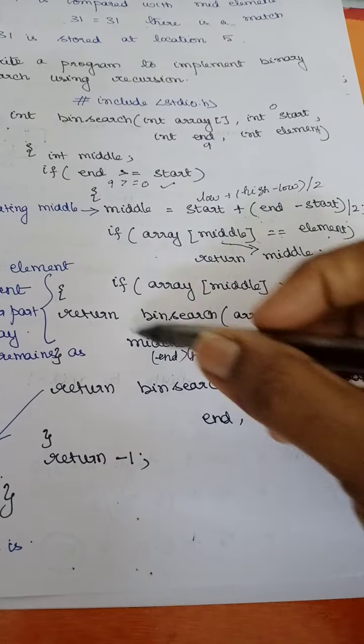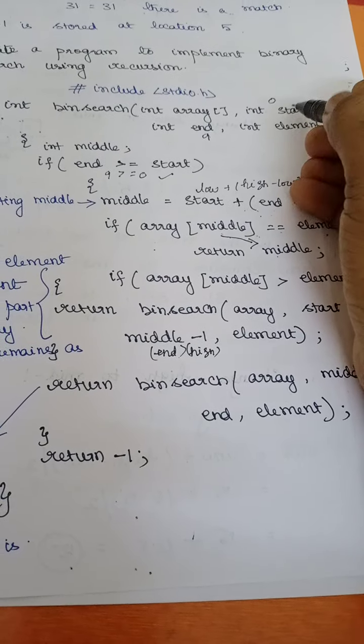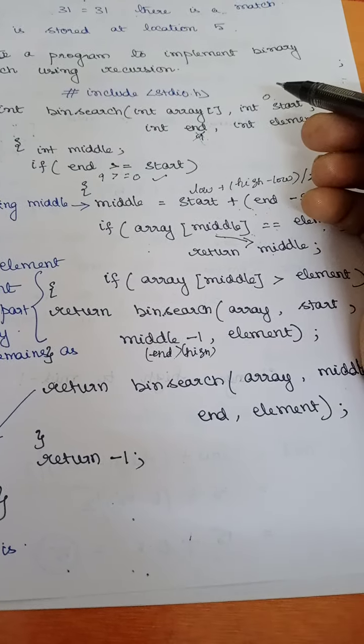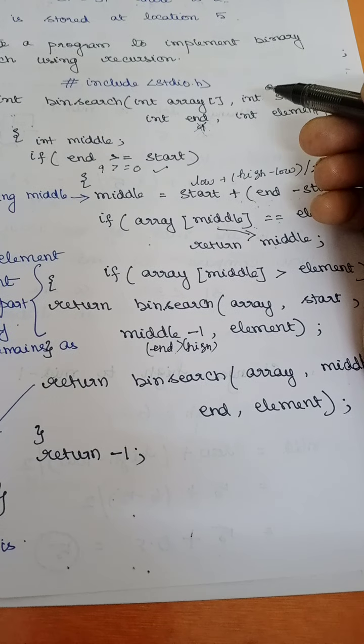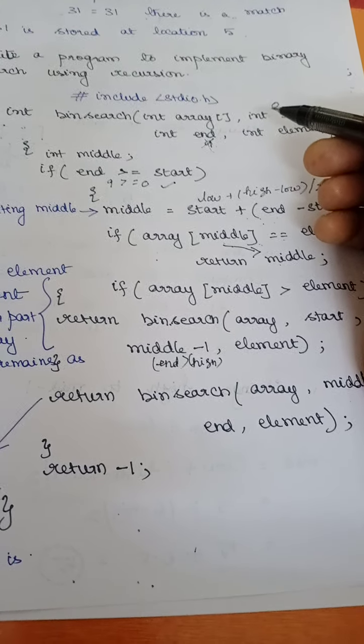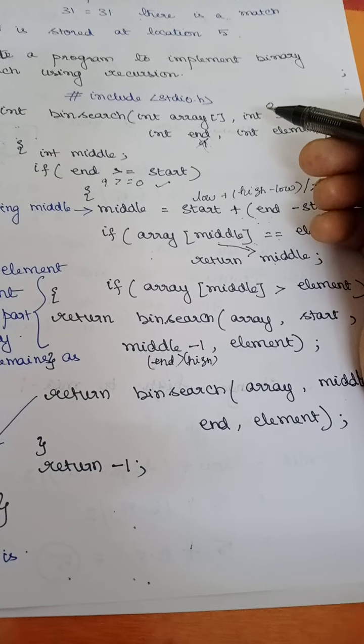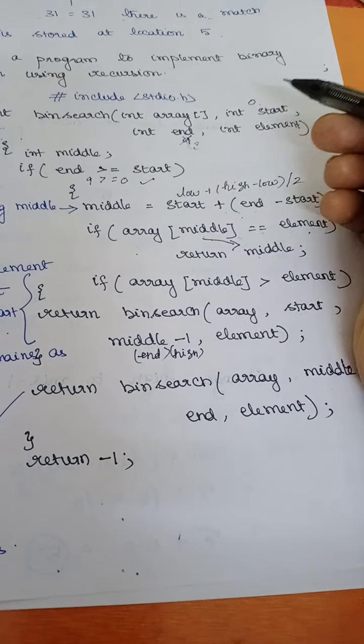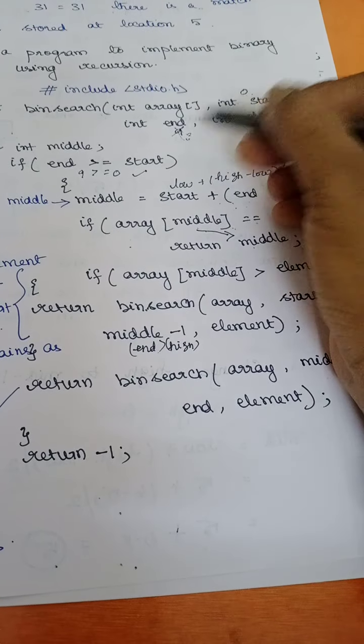So again this will be called. So here what is my new value? This will be 0, and this will be what? My middle element is going to be 4, right? So 4 minus 1 is going to be what? 3, right? 3 will be passed here. So I will check with 0 to 3 values.